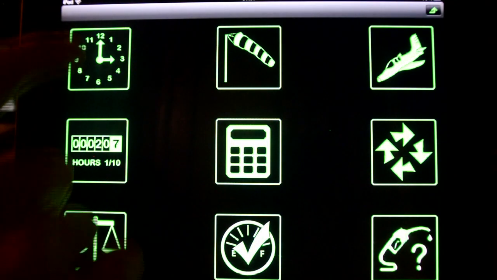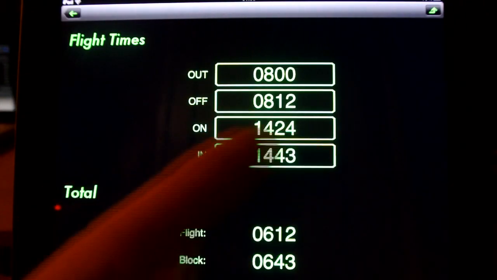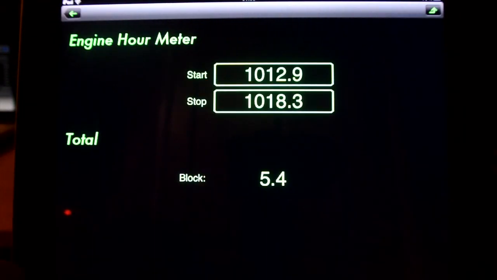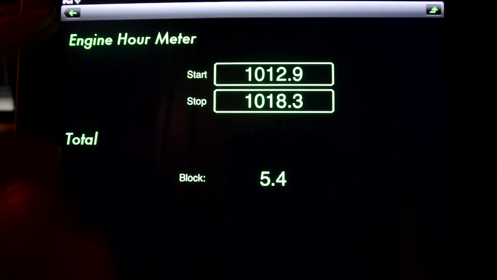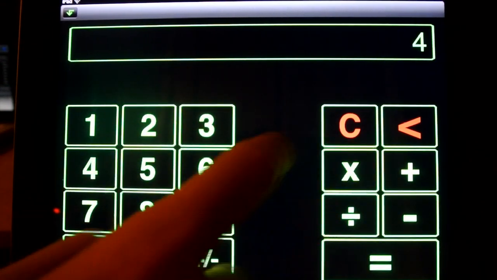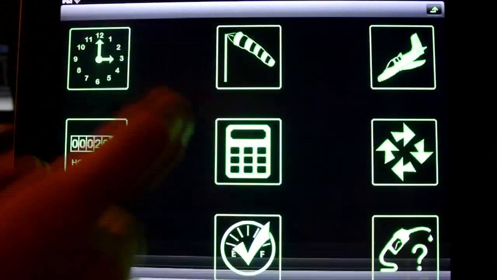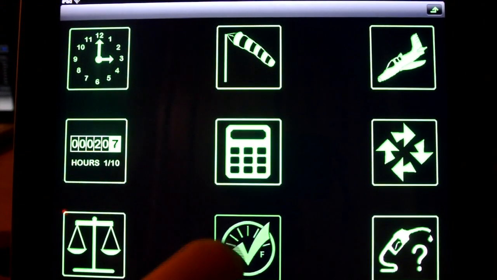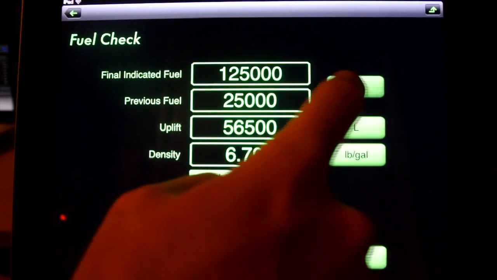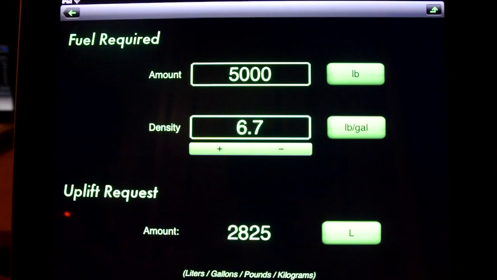So you've got stuff for your times, off, out, for obviously Hobbs, or your engine hour meter, should I say, sorry. So you can see what your block is. You've got a calculator, which is just a general calculator. It's good colours for obviously if you're flying at night. You've got your fuel, so you can do your calculations for that. Amounts of fuel,